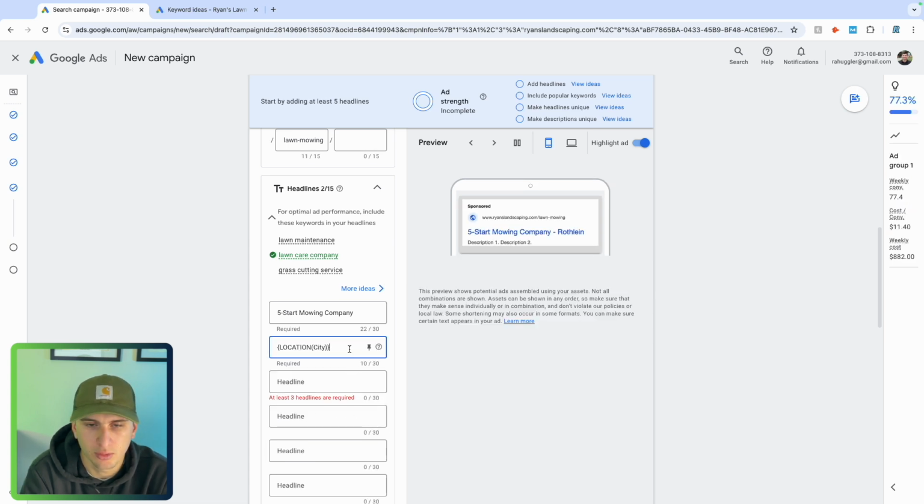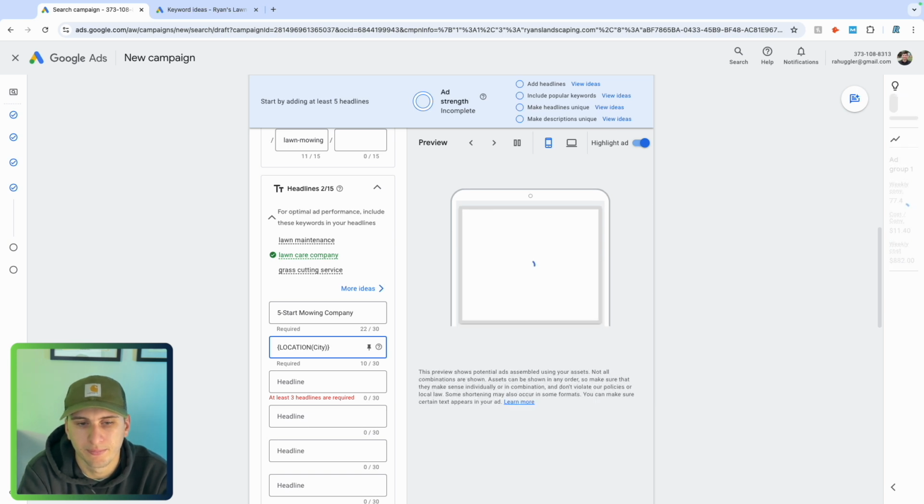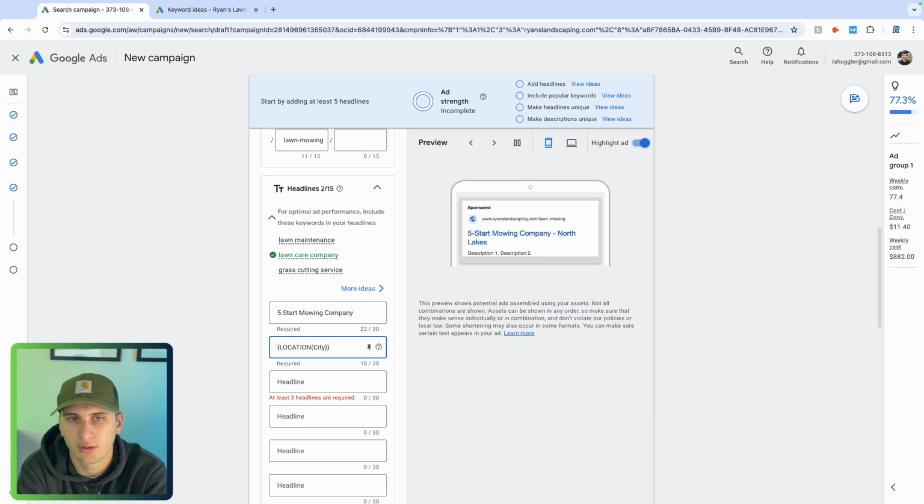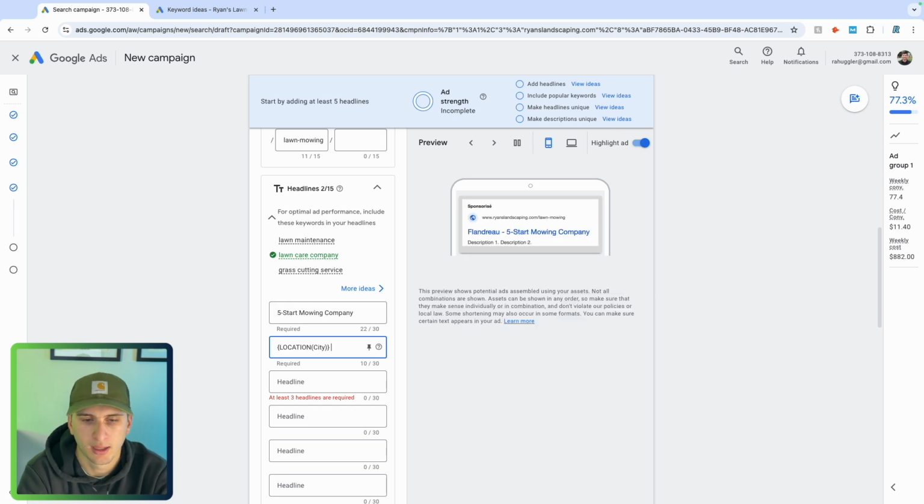What this is going to do is pull whatever city they are in and put it in there. So if they're in Elk Grove Village, it'll put it there. If they're in Schaumburg, it'll put it there. And then we'll do